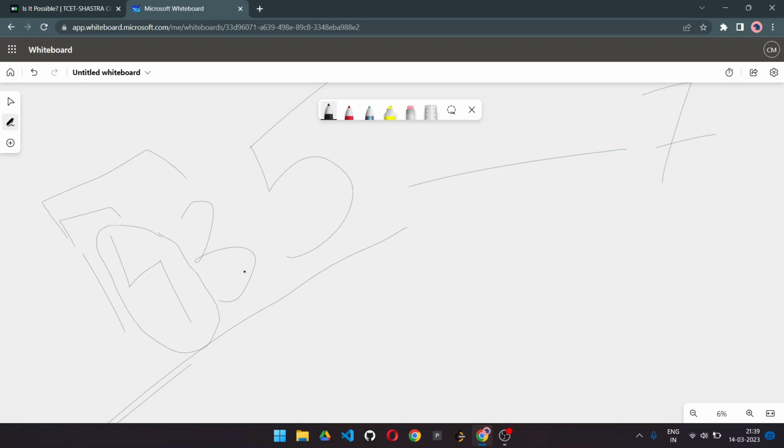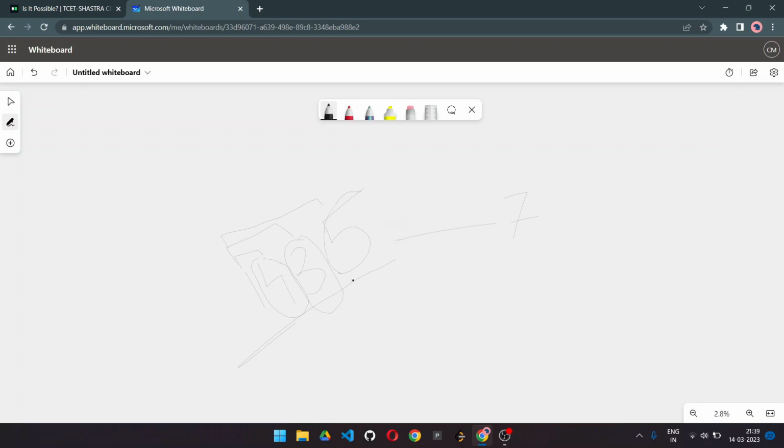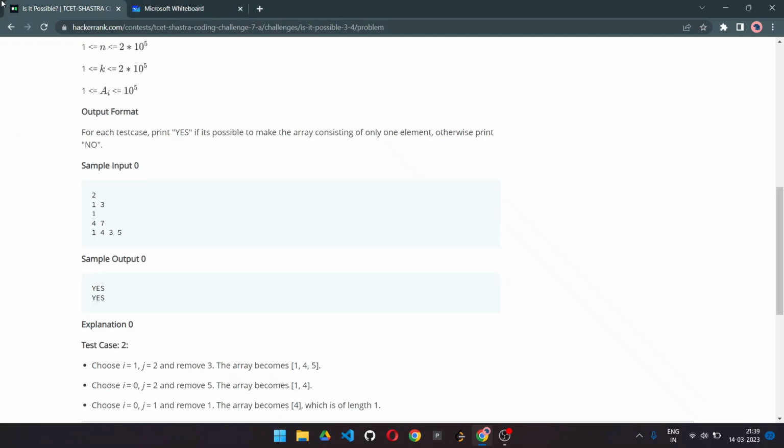After that, our second comparison will be between 1 and 3. Here the sum will be 4, which is less than 7, so here also we can eliminate one digit, which will be 3, for a similar reason: it is feasible to delete 3 so that our sum is reduced at a greater level. After that we have the comparison between 1 and 5, which is equal to 6, which is less than 7, so we can delete 5 as well. So we are left with only a single element in the array, and in this case we print yes.